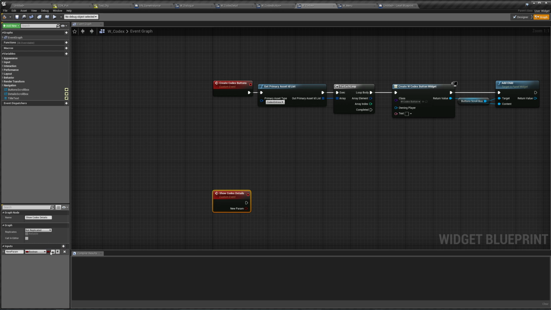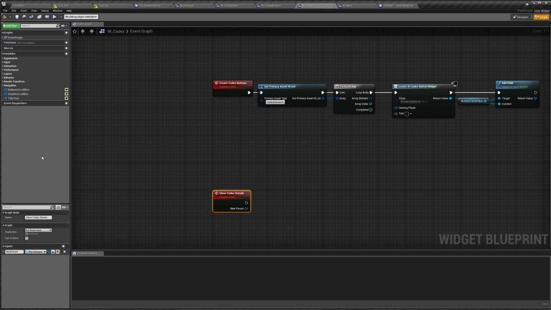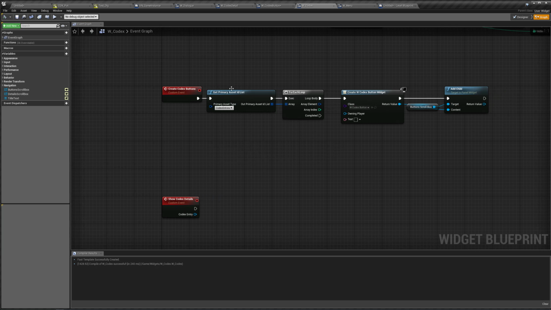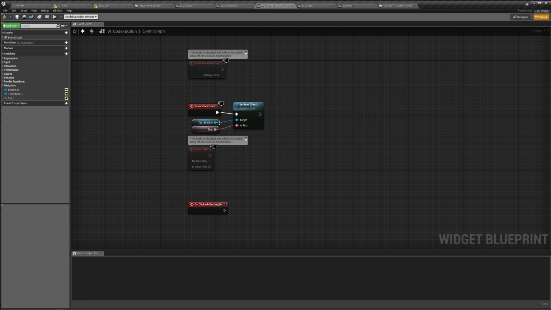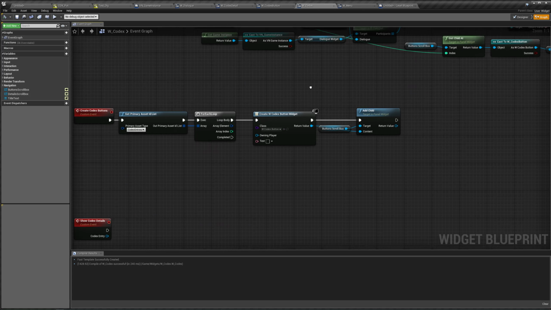So we need to add a new input. This is going to be dialog. We'll call this Codex entry. And our button needs to know what Codex entry it is, so back in our button, let's add a new variable, Codex entry, type of DLG dialog, make it public and expose to spawn, compile and save this,